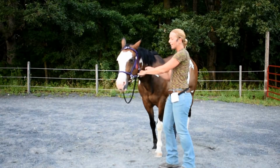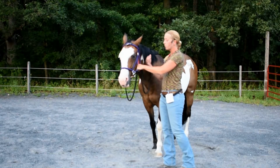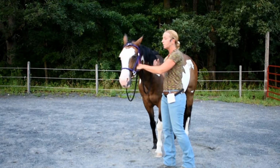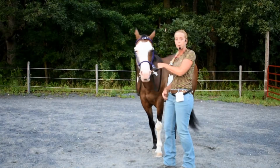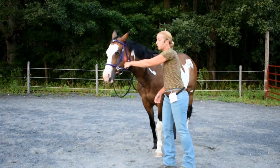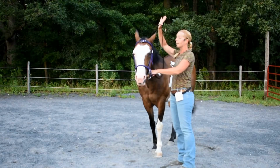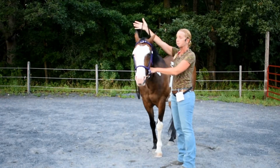Okay, you're not actually going to push, but you are going to let your knuckles touch. That way if the horse throws its head left or right, you can steer the head away from you or bring it towards you to be able to keep yourself at a safer distance. If I need to, I'll keep my right hand on the rein just from keeping the reins from flying over